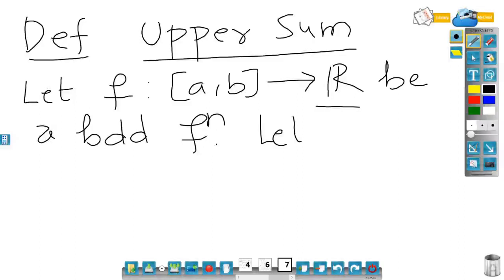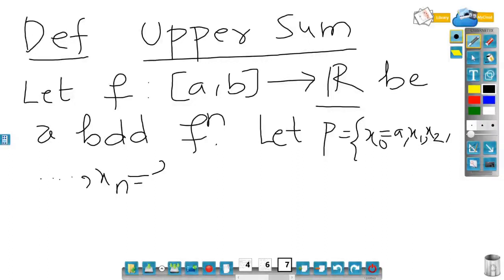Let P equal to x0, which is equal to a, comma x1, comma x2, dot dot dot, xn is equal to b, be any partition